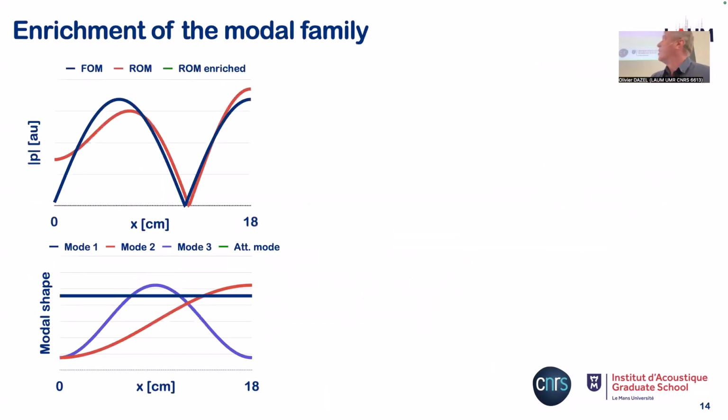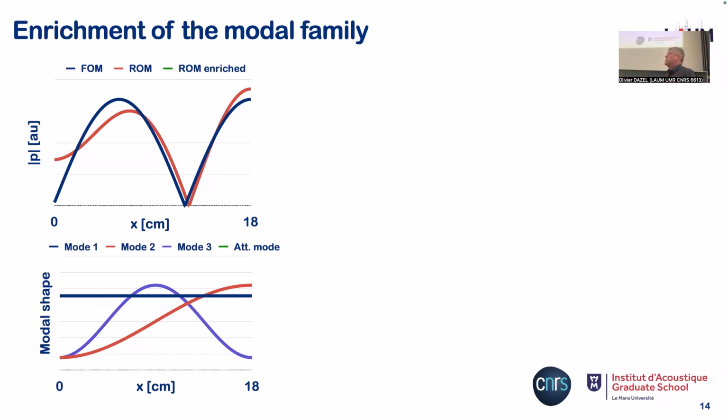So here, what you can see is that in blue, I have my full order model, and in red, I have my reduced order model with 3 modes. And what we see is that we have an answer which is not so good, because of the modes that you selected, because the mode depends on the boundary condition, and here we use acoustic,